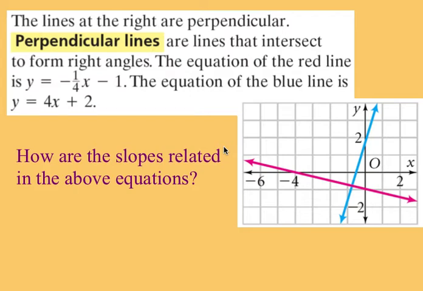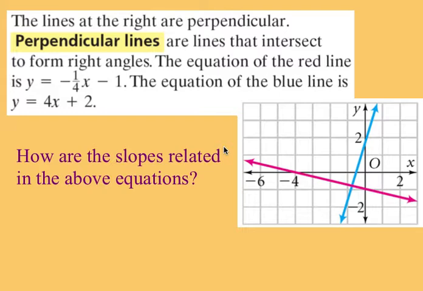In this second half of section 6.5, we are going to look at the relationship between perpendicular lines. If you recall from middle school, perpendicular lines are lines that intersect at a 90-degree angle. So they basically make a perfect corner. When we are looking at that from an algebraic standpoint, we're going to again be looking at the relationship between